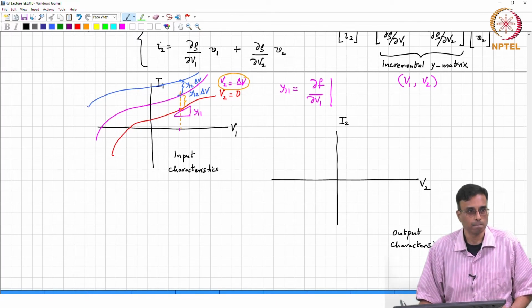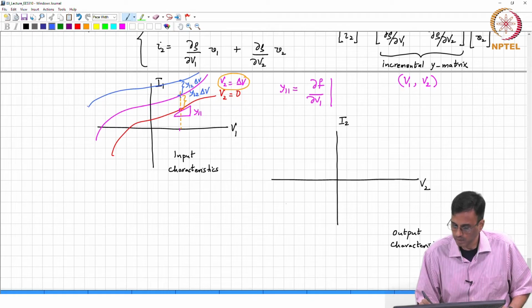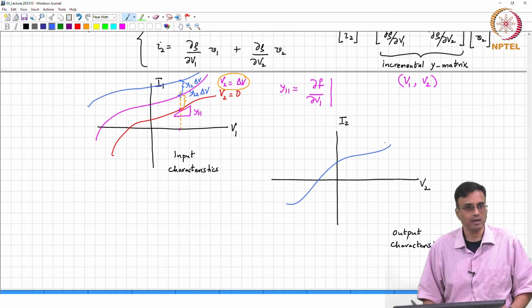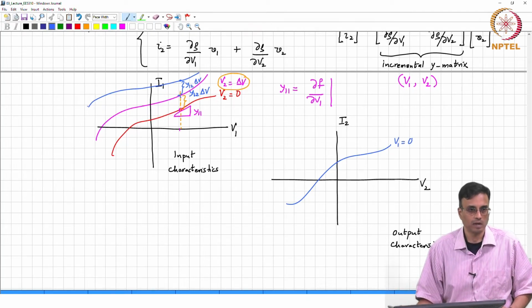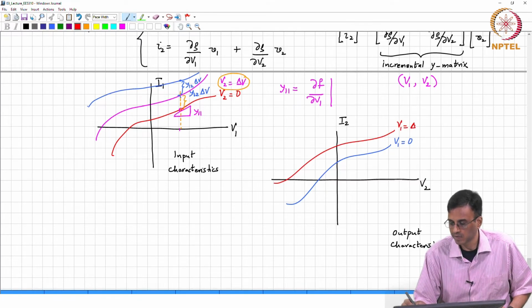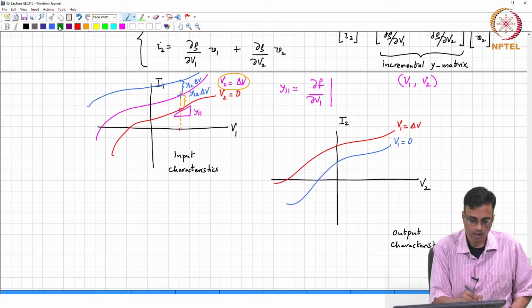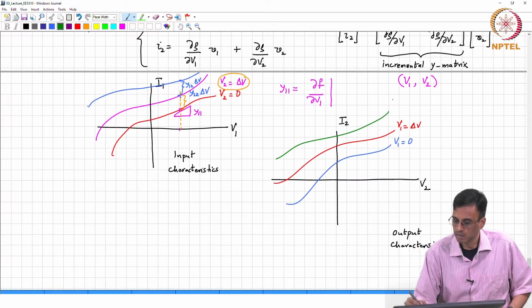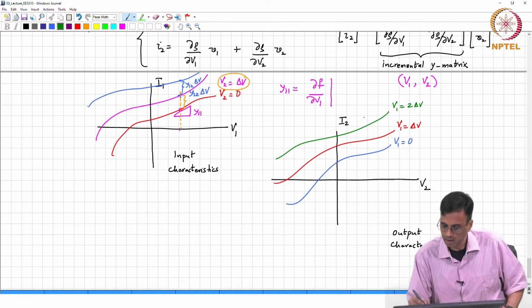All right. And this will be some curve like that, right. So this, for example, let us say this is for V1 equal to 0, and for some other, say V1 equal to delta V, it will be another curve, and say for V1 equal to 2 delta V, it is yet another curve, and